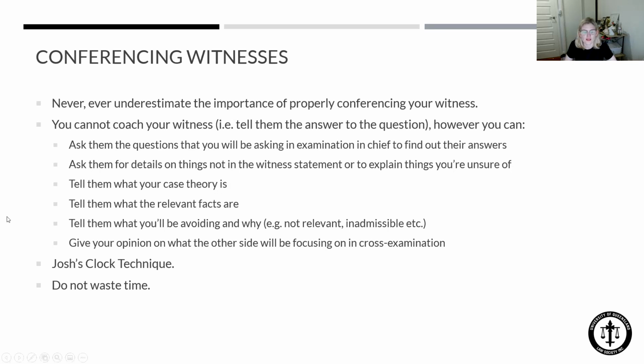The next one is a technique that I picked up from a barrister that I brief, whose name is Josh, as the slide says, about explaining to witnesses how they are to respond to questions in cross-examination. So in a conference, Josh will ask a witness, right, so you see that clock up on the wall? And 9 times out of 10, the witness will respond, yes, it's 10:30 or whatever the time is. And then he says, hang on a minute. That's not the question I asked.